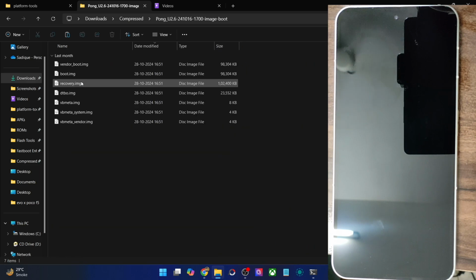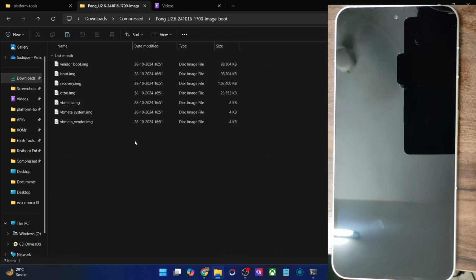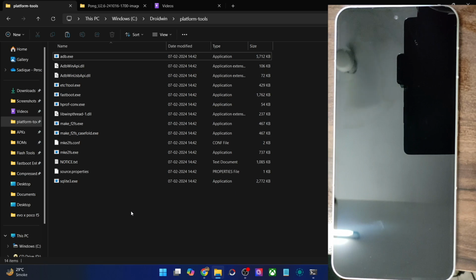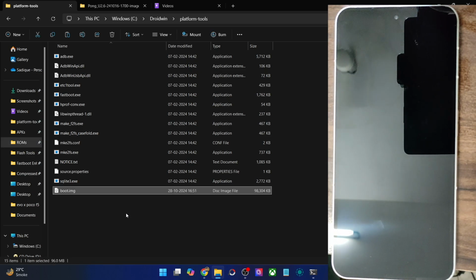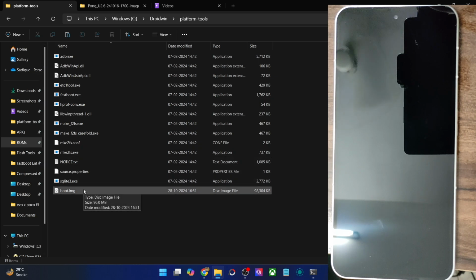Inside this folder you will get all the files, as you could see. So now in my case, I'm using the boot img file. If you are using init boot, then just make sure to transfer the required file inside the platform tools directory. So again, I'm repeating, if you have extracted the payload bin file via Fastboot Enhance, or you are using the Nothing Phone 2a, depending on the phone, make sure to transfer the stock boot or the init boot file inside